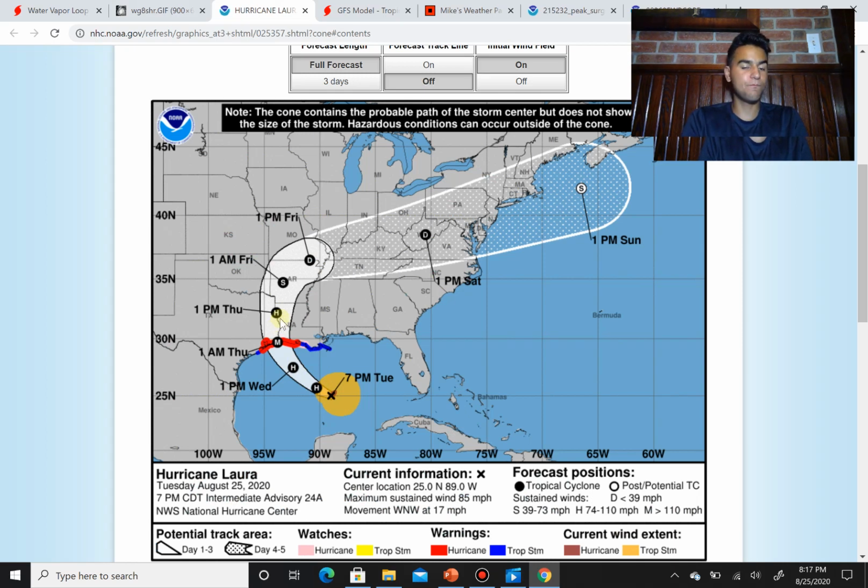I won't say for certain that this will rapidly intensify into a Category 5 like Michael, because that's still a little bit too far-fetched. However, you definitely don't want to rule out any sort of possibilities just yet, since the intensity forecast could change very quickly, and you definitely want to prepare as if a Category 5 is heading towards your doorstep